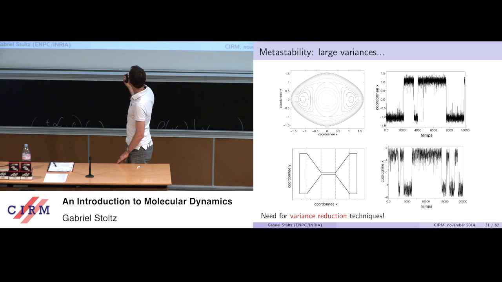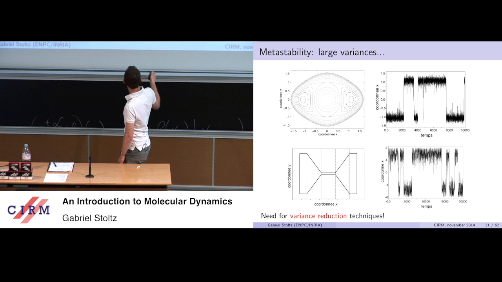And so when you look at a typical trajectory for a typical dynamics, which I will present afterwards, you see that you remain stuck. I mean, you wiggle around here, and then at some point you go to the other side, and you remain trapped, and then you go to the other side, and so on. And so the time series of the x coordinate as a function of time is something where you remain a very long time at -1, then you switch to 1, and then you switch back to -1, and so on.